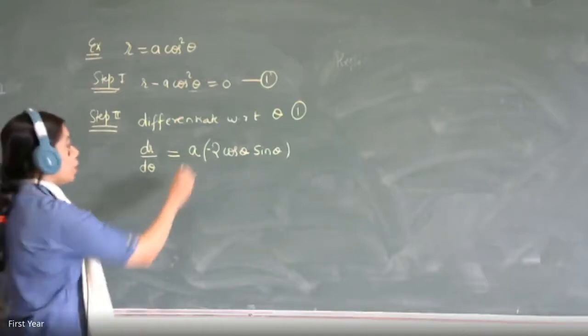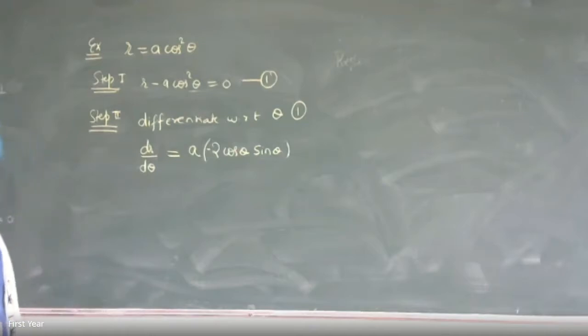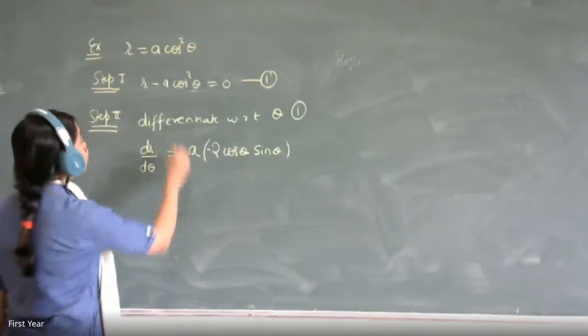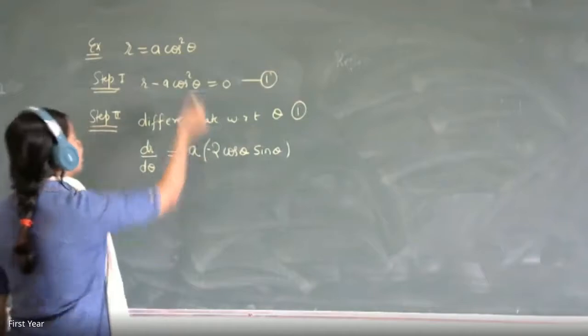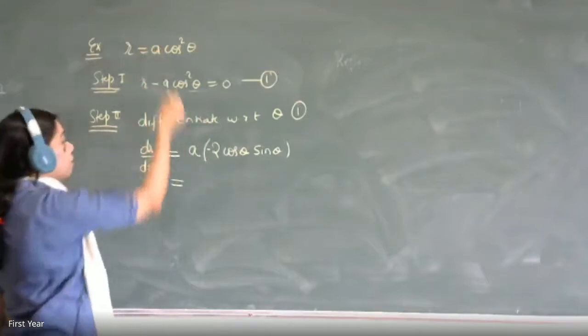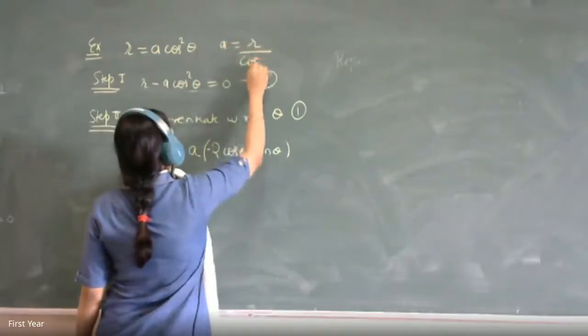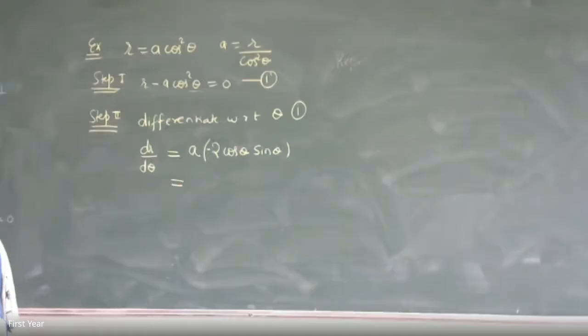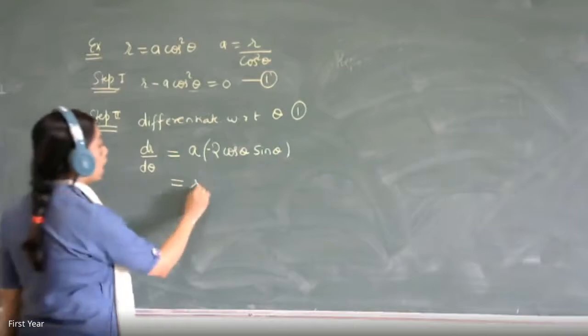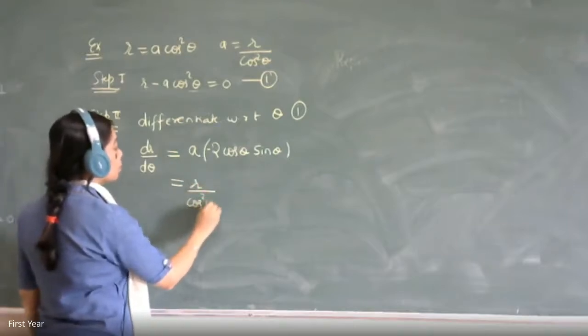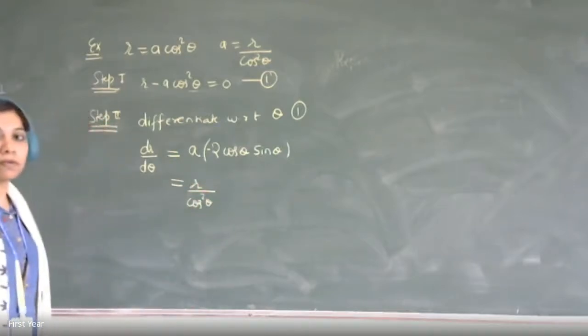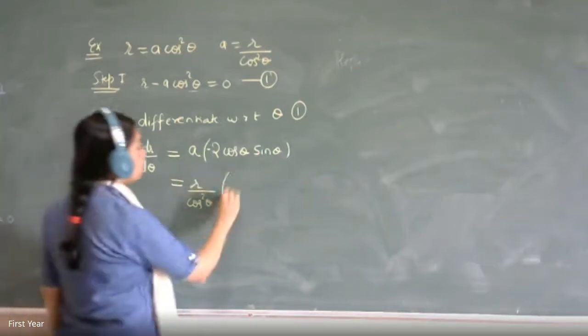But a is still not eliminated. So you have to eliminate a. How will you eliminate a? Substitute the value of a from one equation into the other. What is a? a is r upon cos square theta. So substitute that, r upon cos square theta, into minus